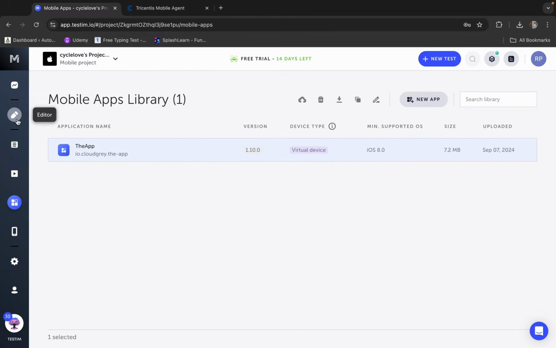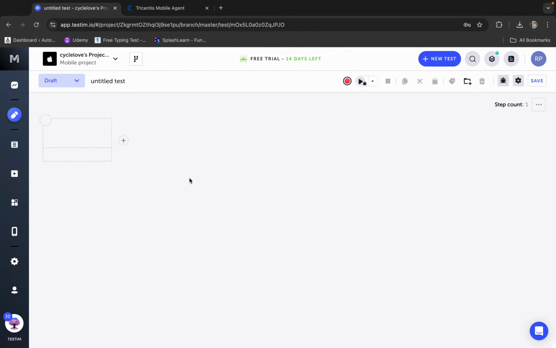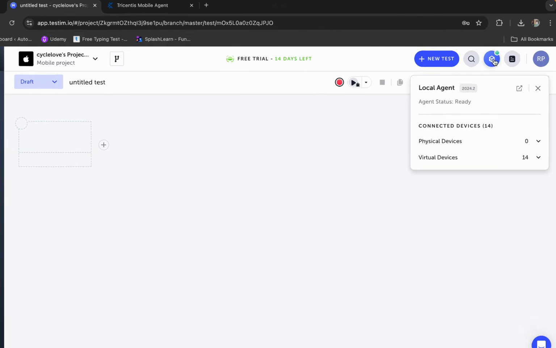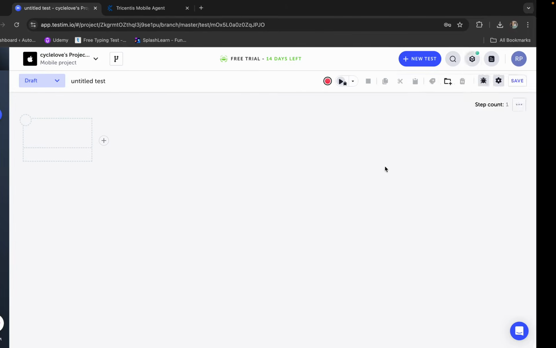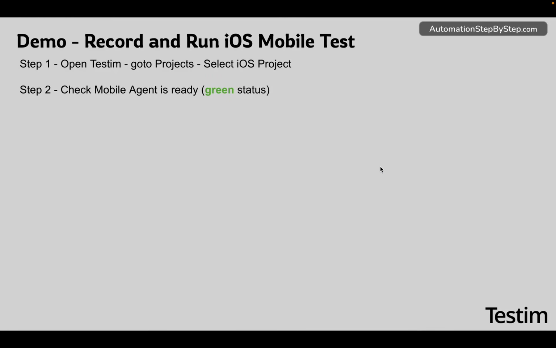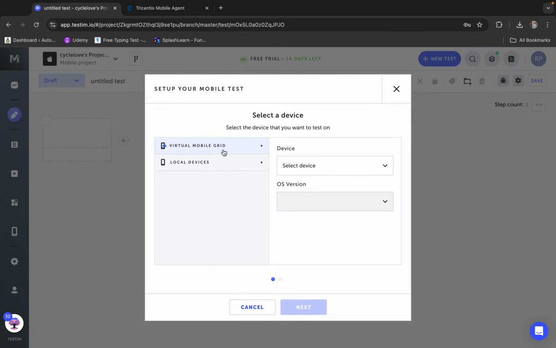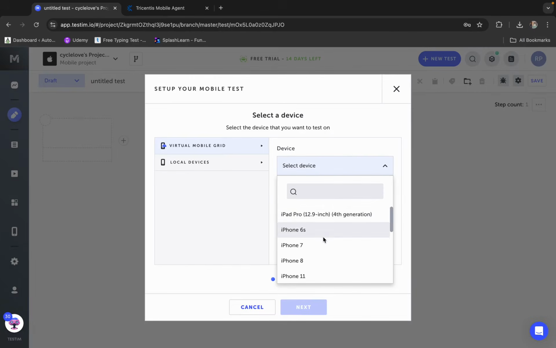Okay, then I will go back to my test editor section. Make sure that your mobile agent is up and running with the screen status here. Okay, we have already seen this. Check this. Now we will click on record, and then we will select the mobile device and the app for testing. So I will click on record, start recording, and this time I'm selecting a mobile from the virtual mobile